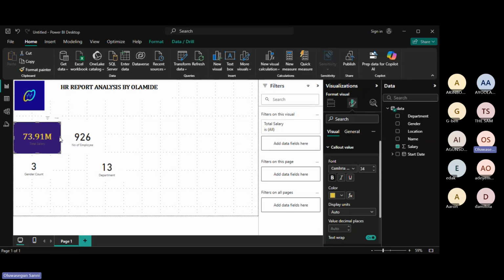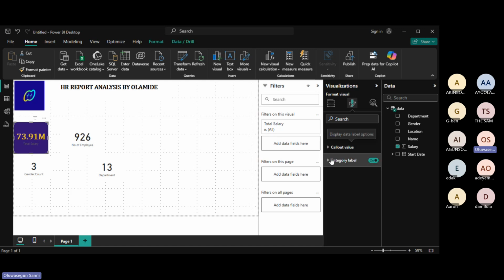So I can keep to this. And then maybe I can now adjust that callout value. I have adjusted the callout value. Let me collapse this and look at the category label also. Category label is hidden here. I'm not even seeing anything there again. So it needs to be formatted. I'm going to